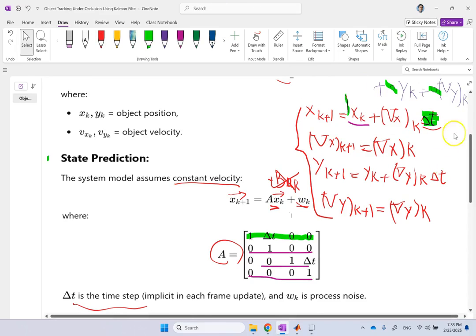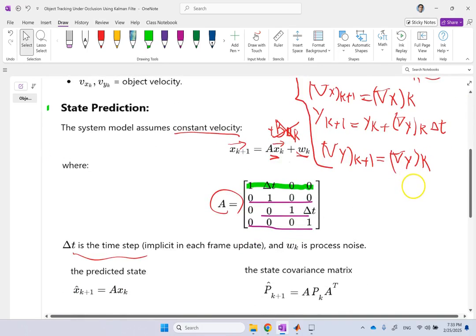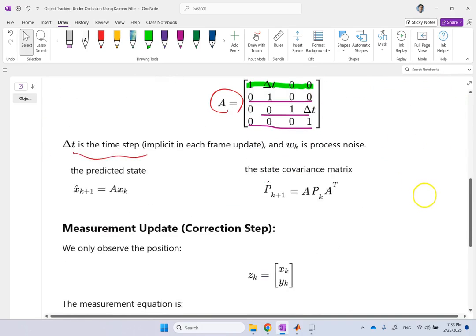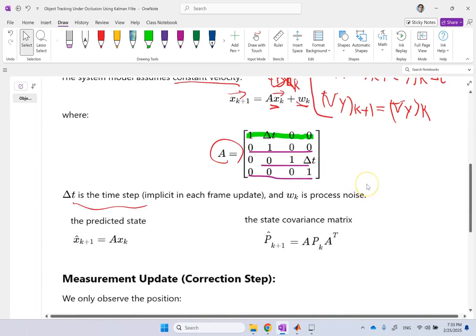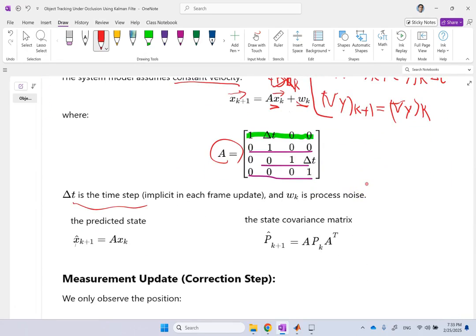Okay, of course, there are approximations done here, so this is not going to be perfect. There will always be some error here. Okay, so if these are the state transformation equations, then the prediction stage for the Kalman filter is going to be that x hat is going to be